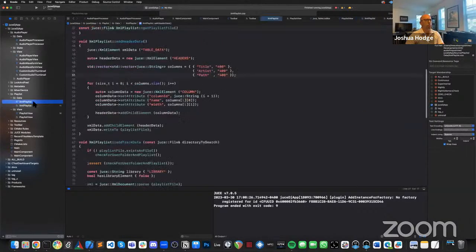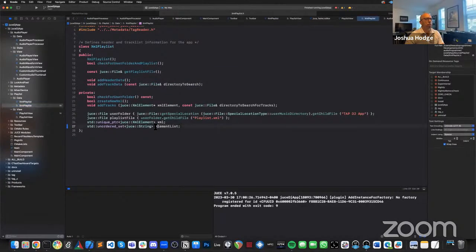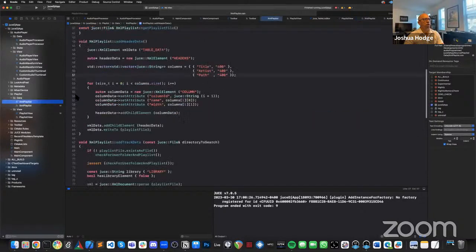We should call this header attribute names, header attribute list. Okay, then